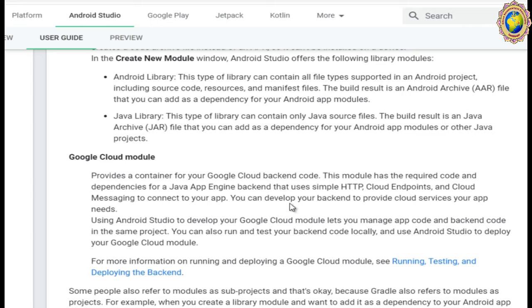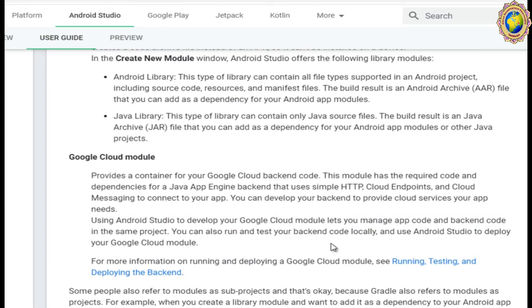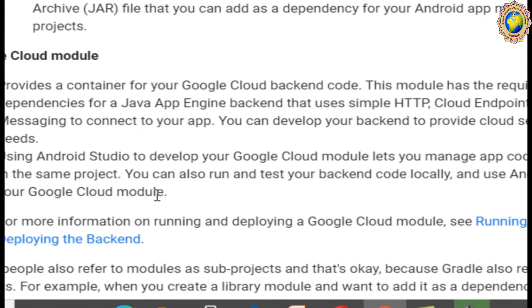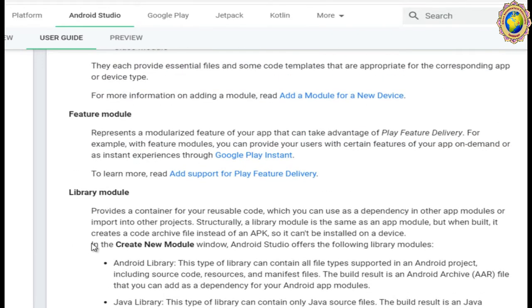So you can develop your backend to provide the cloud services your application needs. Using Android Studio to develop your Google Cloud module, you can manage application code and backend code in the same project. You can also run and test your backend code locally and use Android Studio to deploy your Google Cloud module. These are the most important modules.